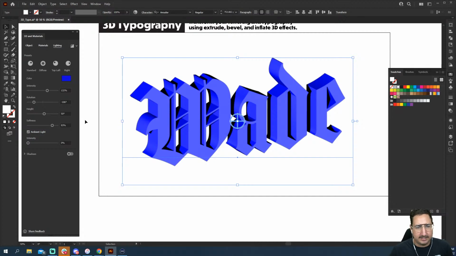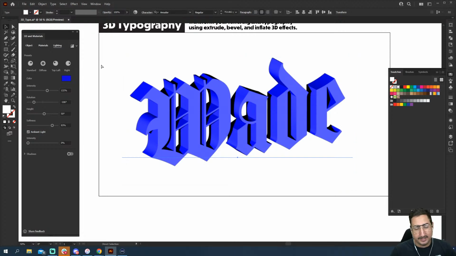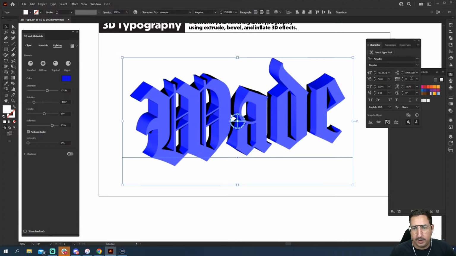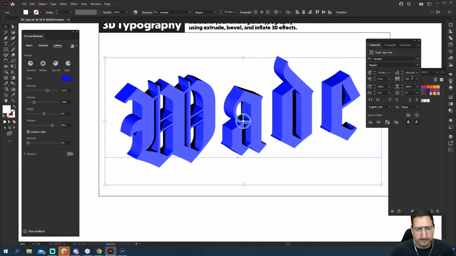It looks great, but the shadows right now are only hitting the other letters, right? They're only hitting the other letters. And if we wanted to, we could still make transitions to this. So if we wanted to change the kerning here and track it out a little bit, we can set this to maybe 300. That's going to be way too much. Let's go ahead and set it to 100. And you can see that it's actually not hitting the different sides, right? So as I pull that in,